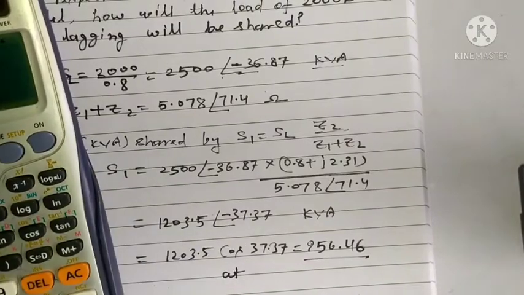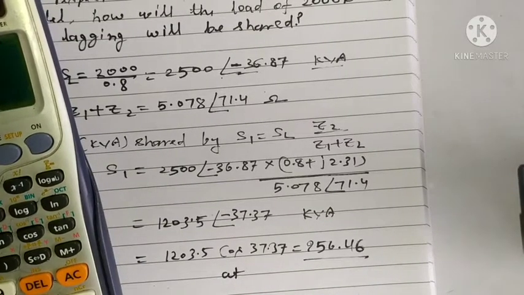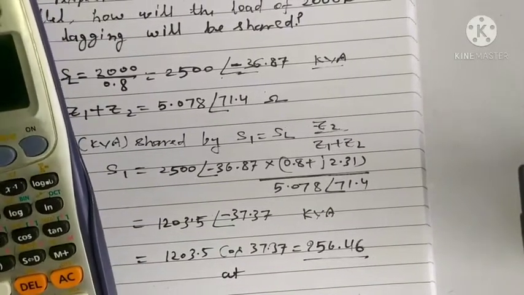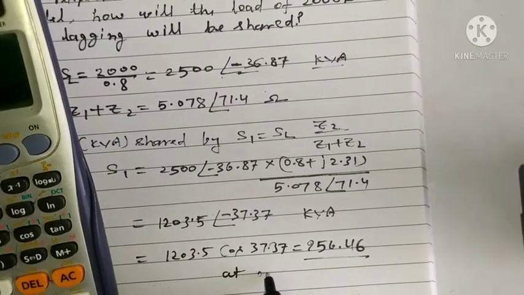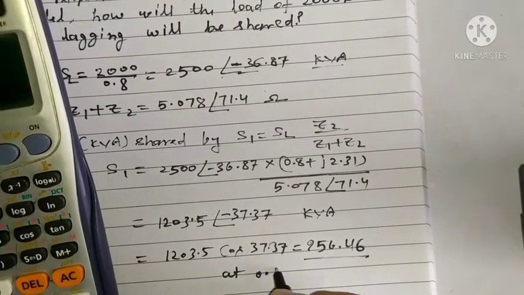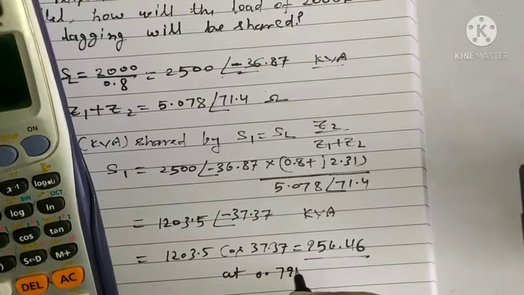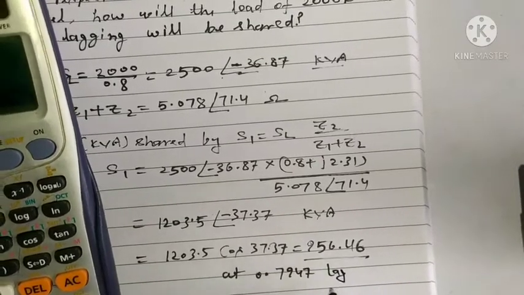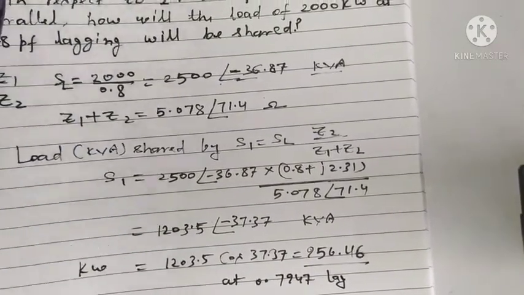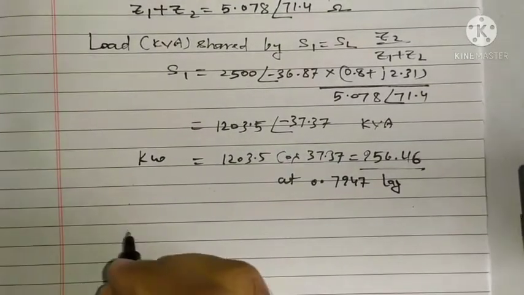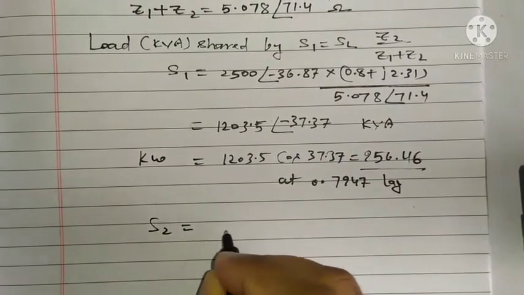Minus angle means lagging power factor. Cos 37.37 comes as 0.7947 lagging, right? So this is the power shared by the first transformer,